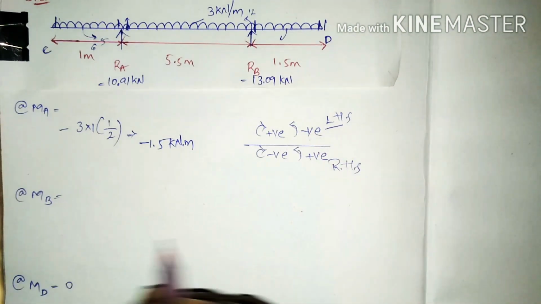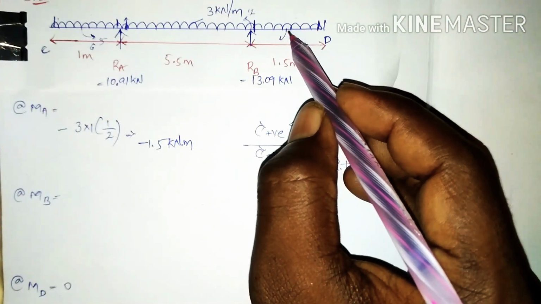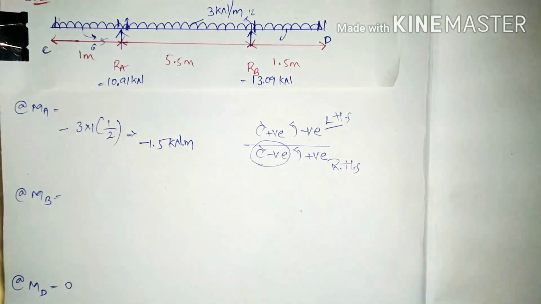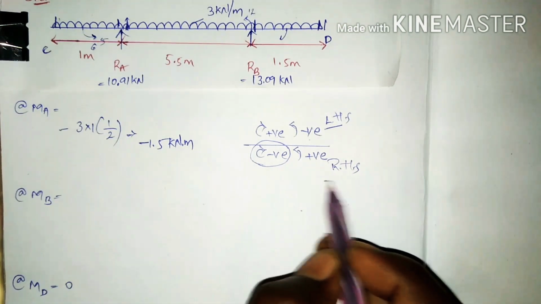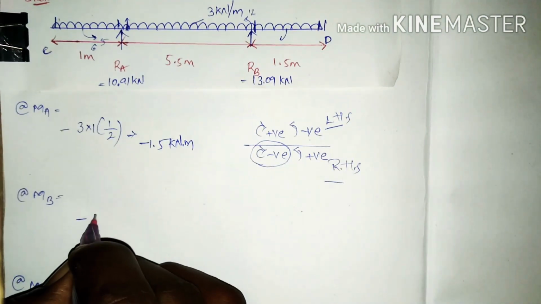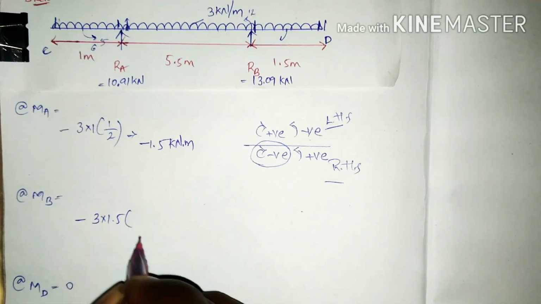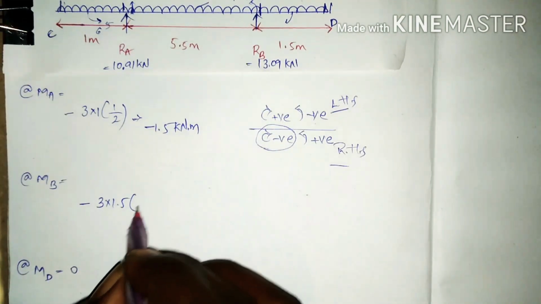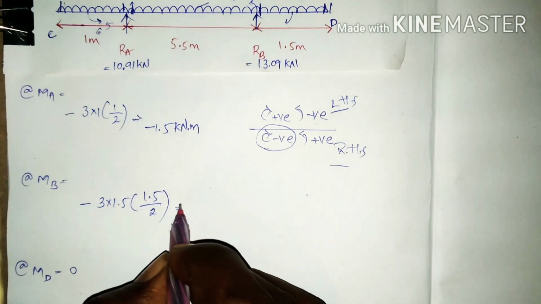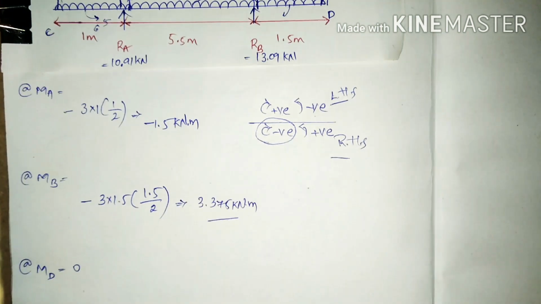That is going to be like this, and this is going to take the moments in a clockwise direction, so that clockwise will be positive. Here, the RHS of the RB reaction, negative 3 into 1.5, which is going to convert the UDL to the point load, and taking the moments from the midspan of the 1.5 by 2. That is going to be a value of 3.375 kilonewton meter. And these are our bending moment calculation values to draw the bending moment diagram.